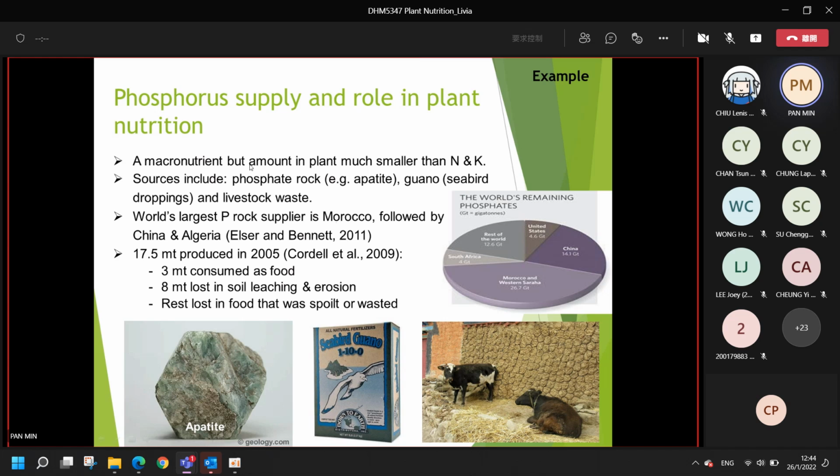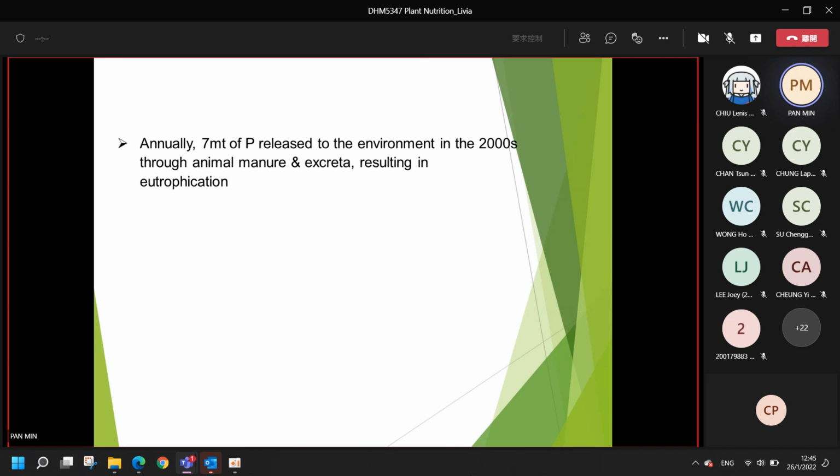So phosphorus rock and granules are difficult to collect. The most useful source of phosphorus in plantation comes majorly from rock. So we need to cherish the phosphorus source in the world. And here you can see that we need to have a better balance for the phosphorus source. And actually